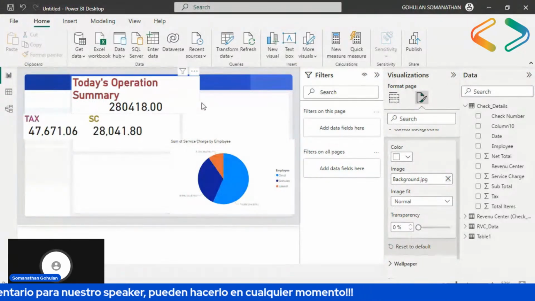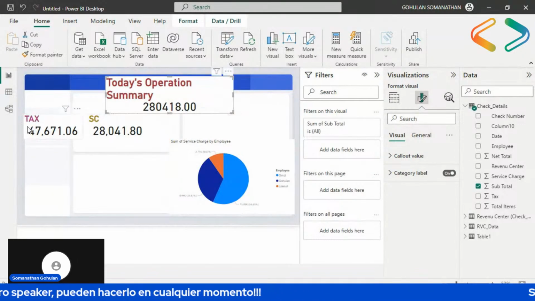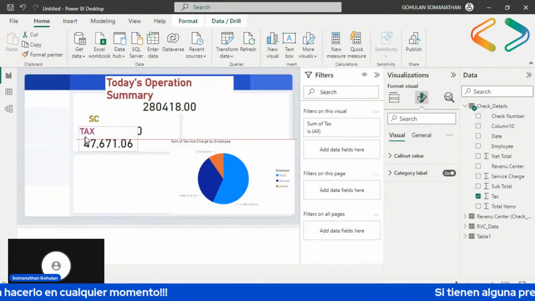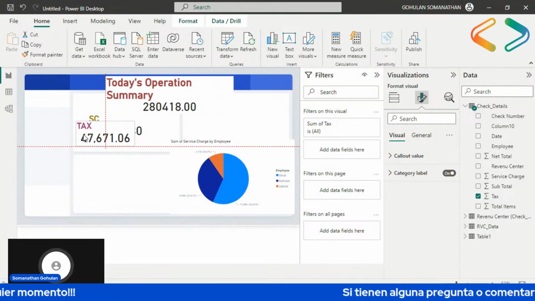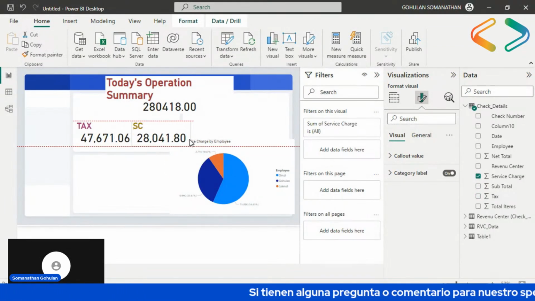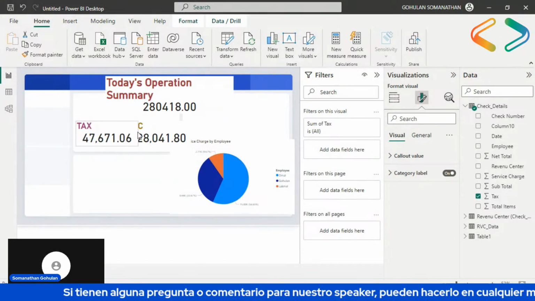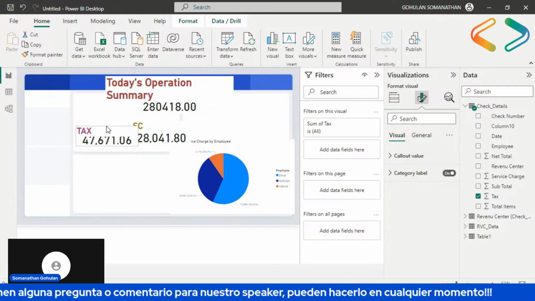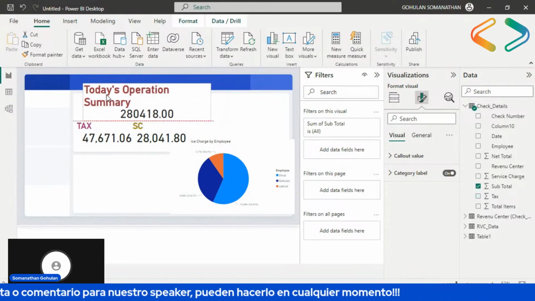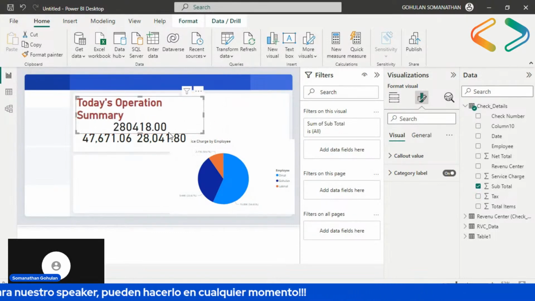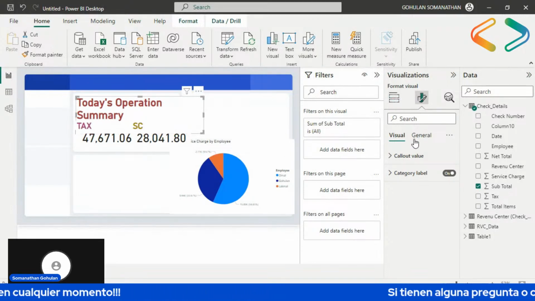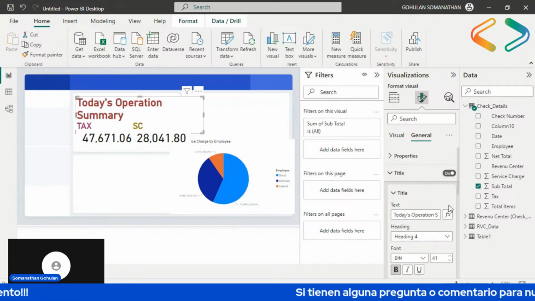And what I'm going to do is take this text somewhere here to make it more attractive, or maybe something small. So today's summary is going to show somewhere here. Maybe we can reduce the font size to make it look pretty good.